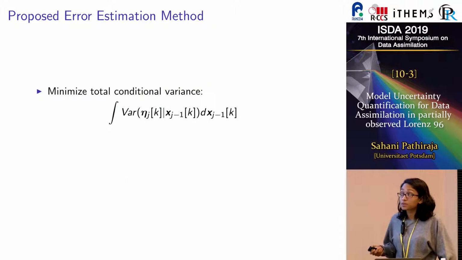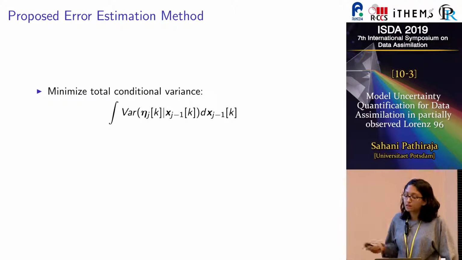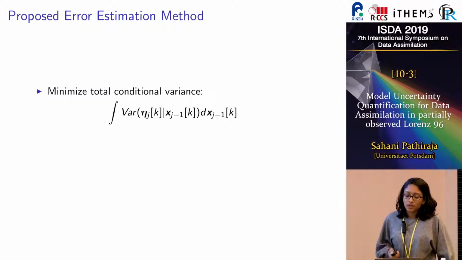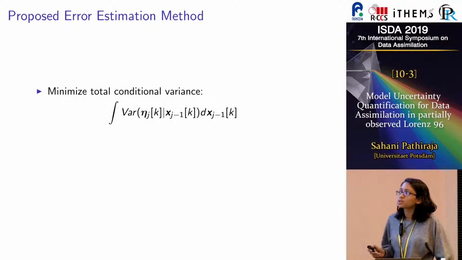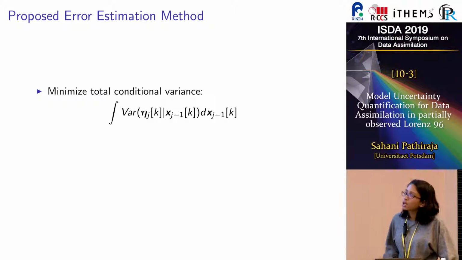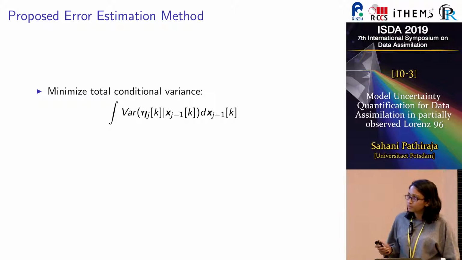Okay, so how do we actually optimize these errors to generate a sample of etas? So the idea is to minimize the total conditional variance. So this is in some sense similar to least squares, but we formulate it in this way because we're rather interested in the distribution of the errors rather than the conditional mean function. And we also may run into heteroscedasticity, and we want to avoid any sort of parametric assumptions.